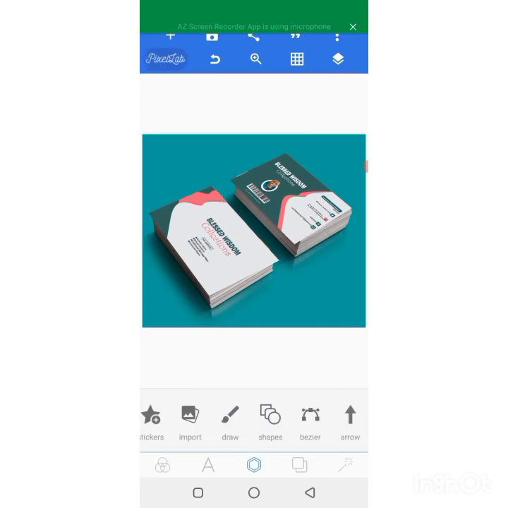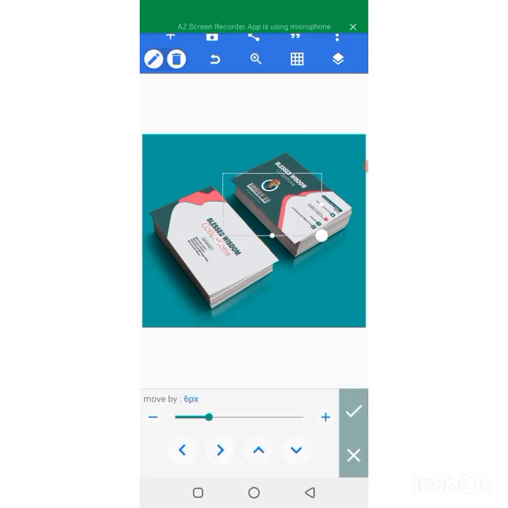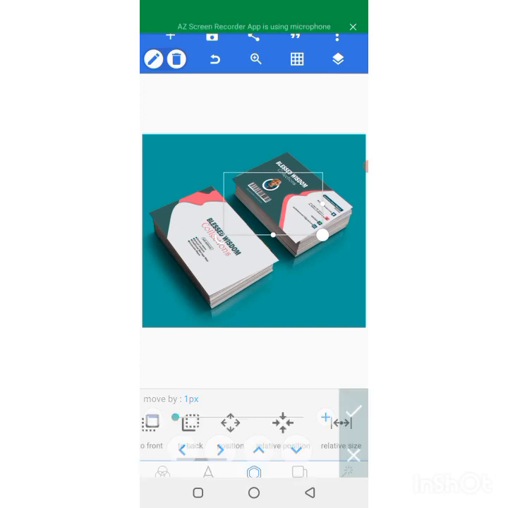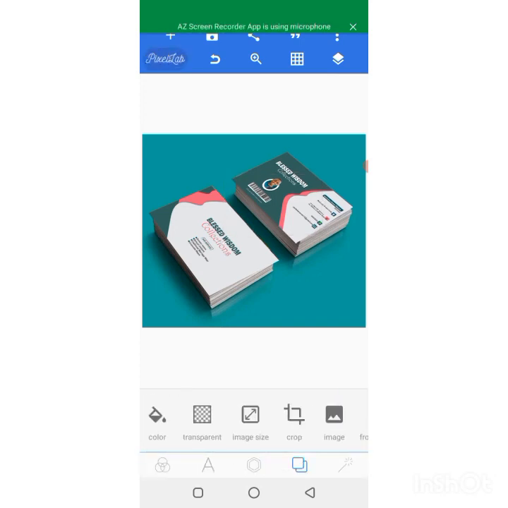Okay, then use your position again to move this just like this. As you are seeing it, you've gotten this